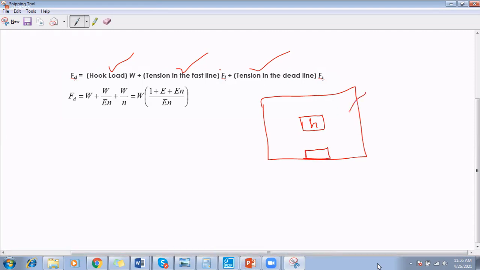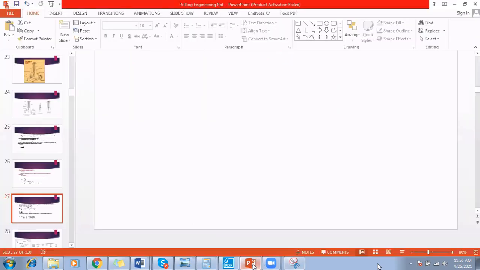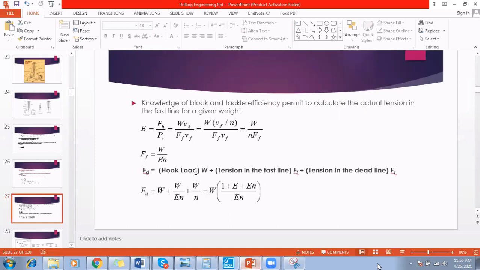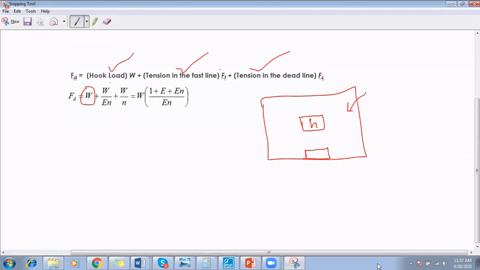So before going to this, firstly just write this is hook load. Hook load was W. Tension in the fast line that we have just found. Where is the tension? Yeah, here. Here you can see that the tension on the fast line is W over En. So this is the tension on the fast line,